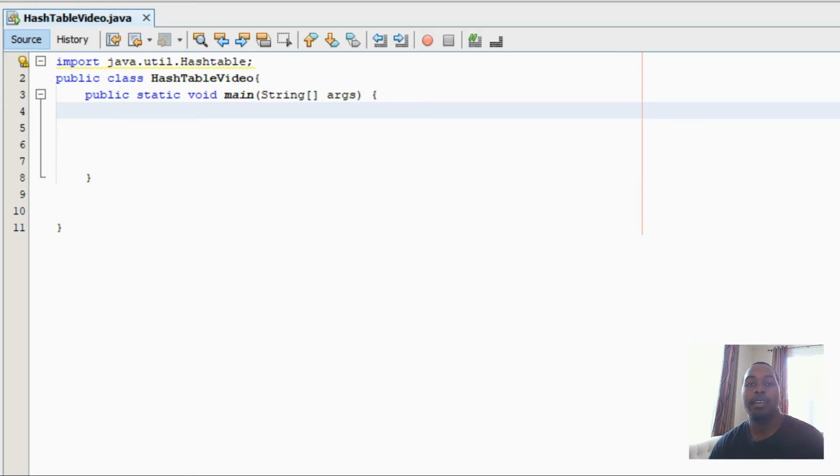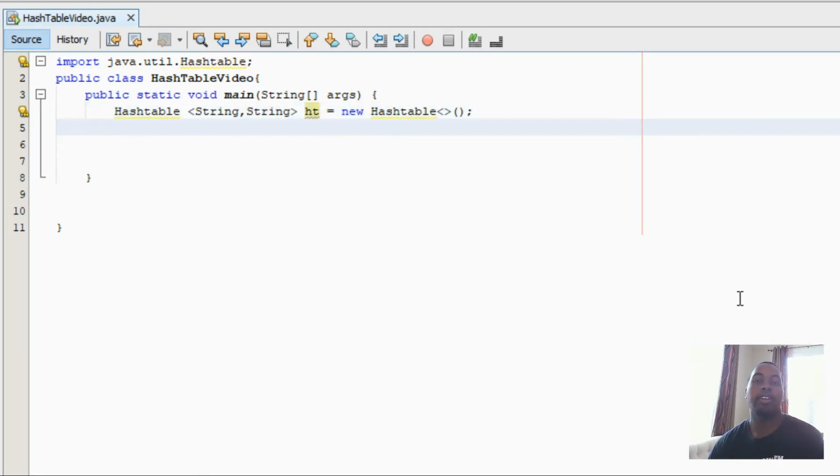So when you add items to your hash table, use a method called put. So first we need to create our hash table. And in our example, we're going to add about 4 items. We're going to put